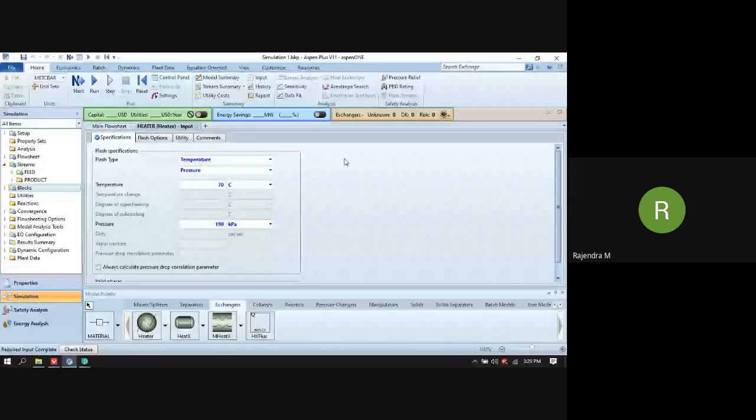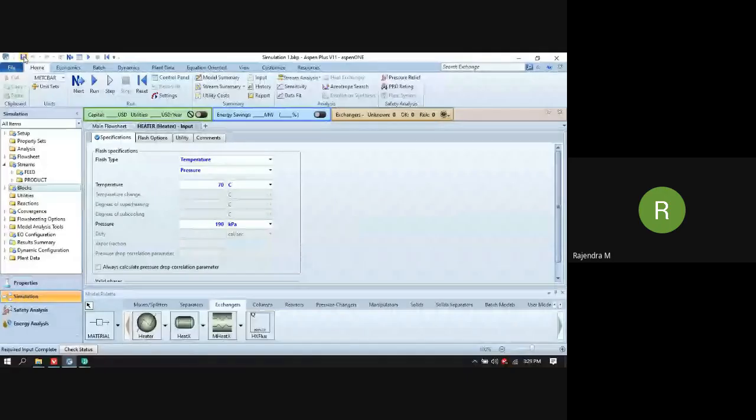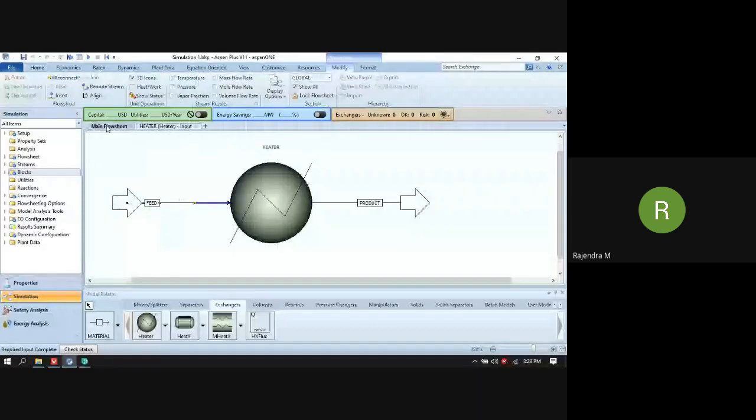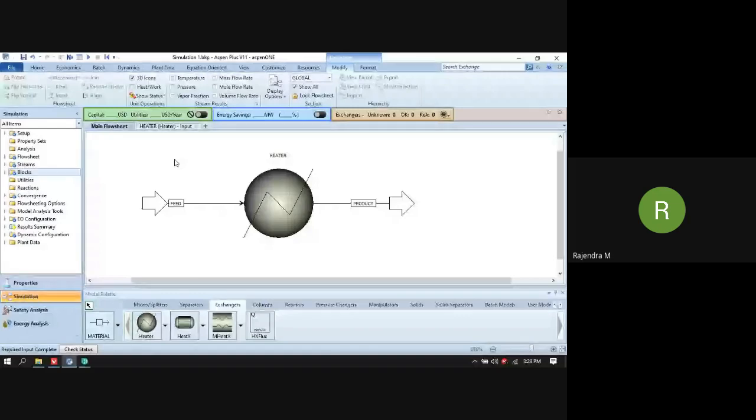So this simulation: on the left hand side, no folder is in red color. It means that all the data I provided for this process flow sheet is right, and there is no incomplete input. It means that we can run the simulation.